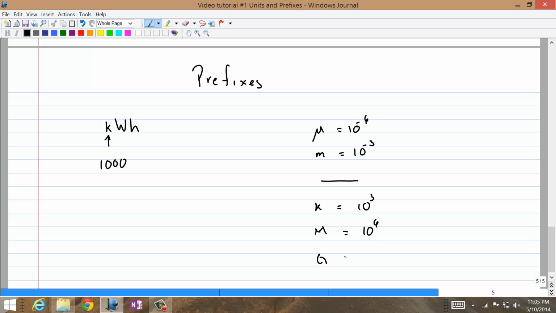These prefixes are going to help us to express really small quantities or really big quantities. If we're talking about a small device like a watch, we might talk about the order of milliwatts. If we're talking about a city, we might be talking about megawatts. So these are the most common ones. You can just look on the internet. You have a whole table